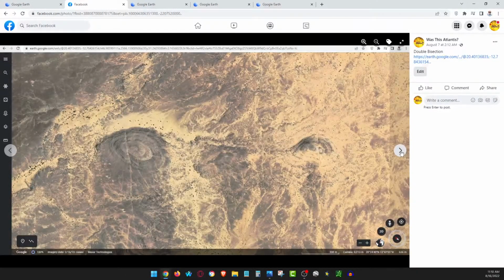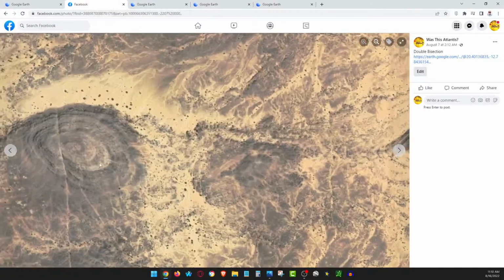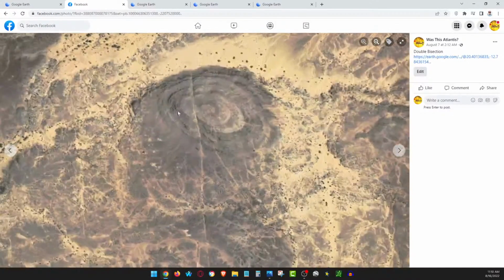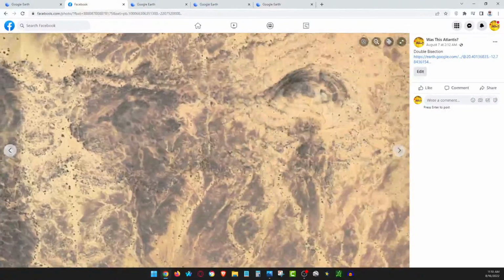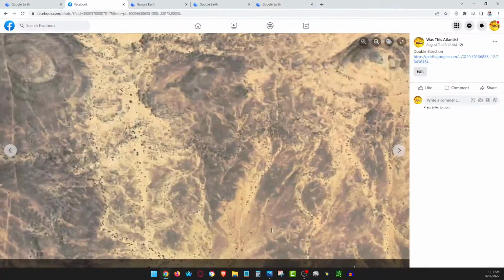I didn't visit these two peaks in Africa, but I went to Africa. Did you know I went to Africa? Near the place I visited, these lines go right through the peak, and they cut up the mountain. Here's one here, here's one here, and they're all parallel. They go straight down, double bisection.